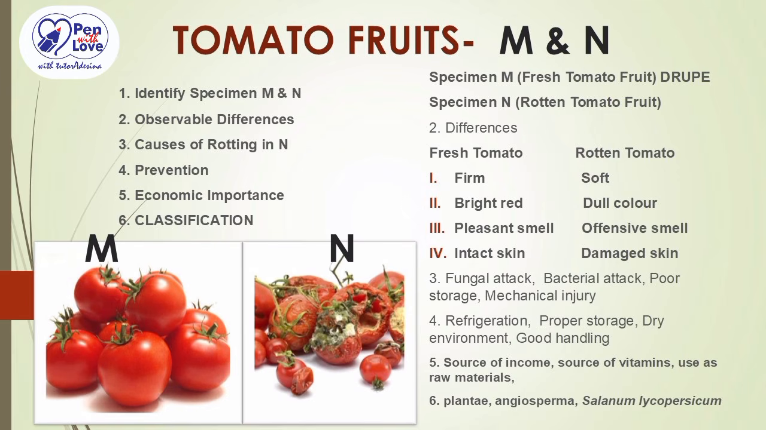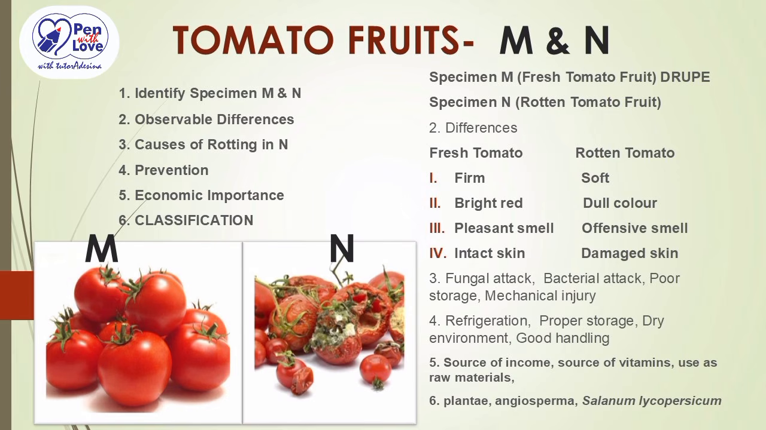physical eyes. Now, another thing they can ask you is the causes of rotting, or causes of the condition of specimen N. And this is what we can answer as below. The first thing that can cause it is fungal attack. It can be caused by fungi or bacterial attack or poor storage, and it can also be caused by mechanical injury, maybe during harvesting or when they are putting things together, there was damage which causes it to be